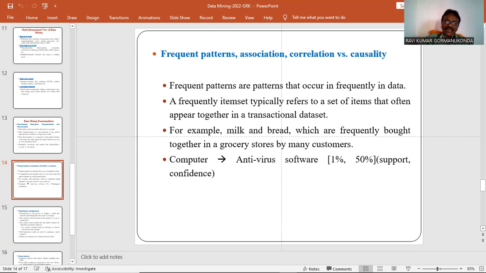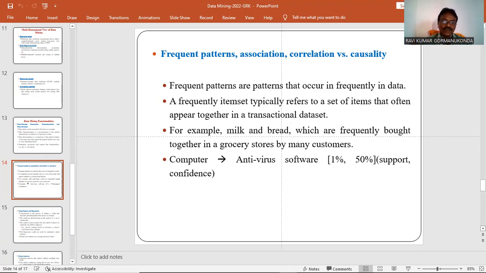A frequent item set typically refers to a set of items that often appear together in a transactional data set.